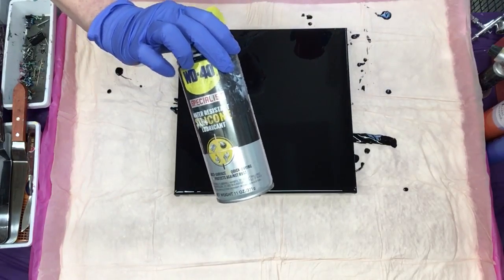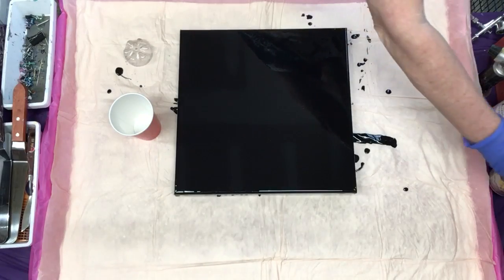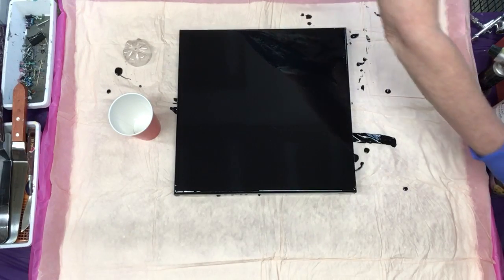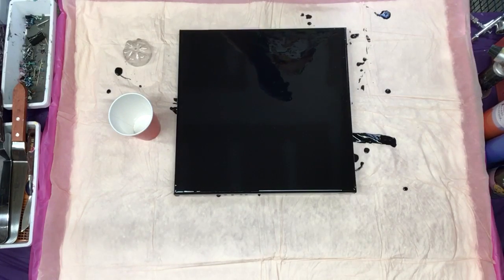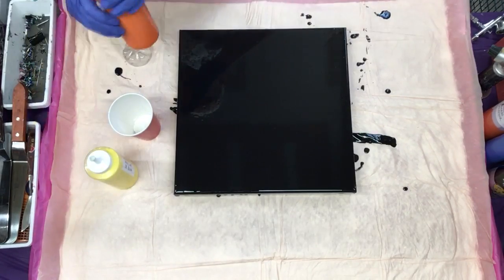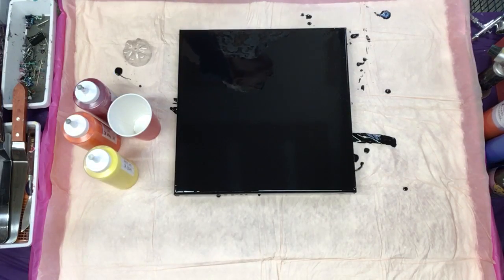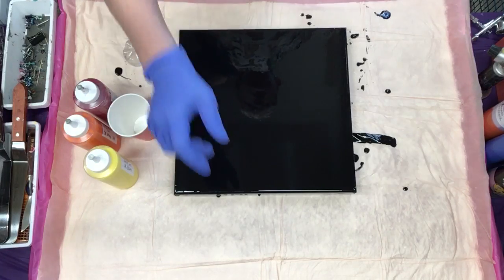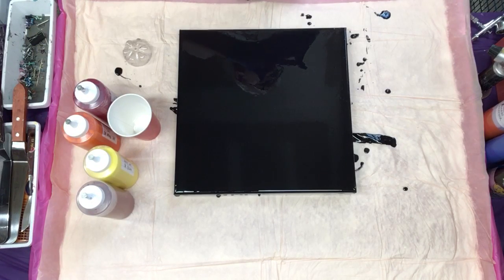We're going to use the WD-40 silicone spray in the cup so we can get all the paint out. And we are going to do a dirty pour, but we'll probably layer the color in. So I think I'm going to use some flashy colors, like yellow and orange, crimson, and some copper, and probably,